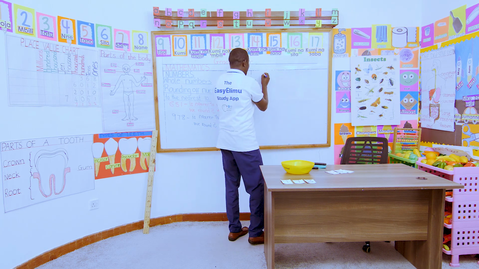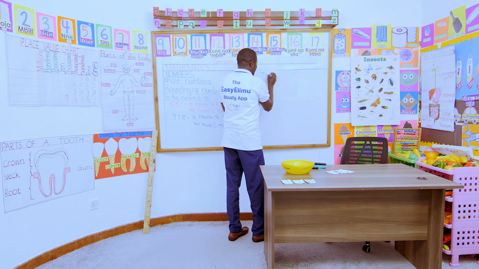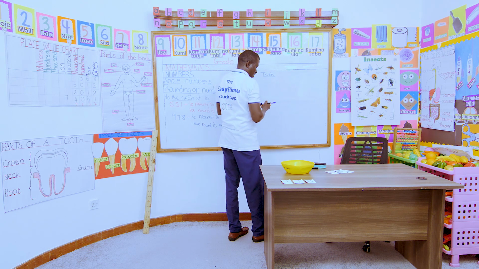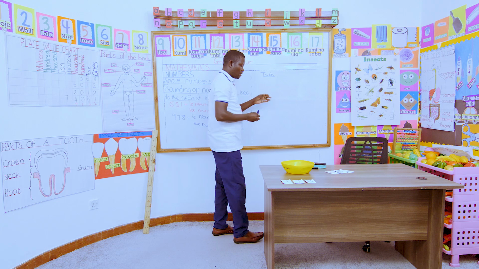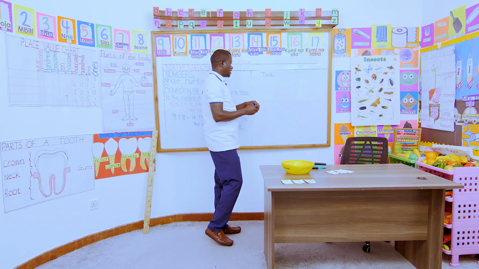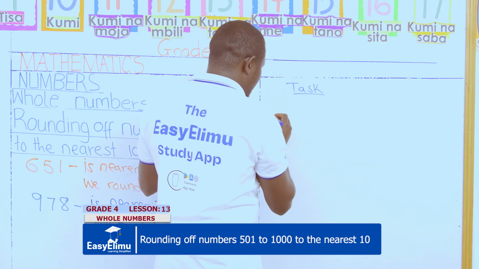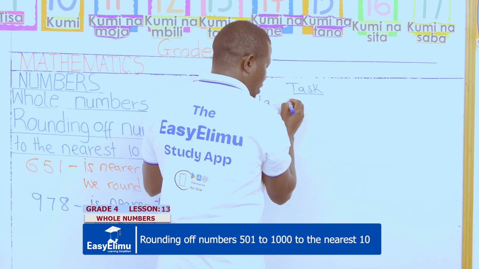Now, in our pairs, can we undo these tasks? In our pairs, kindly undo this task. Round it off to the nearest tens. Round this number to the nearest tens. The first number is